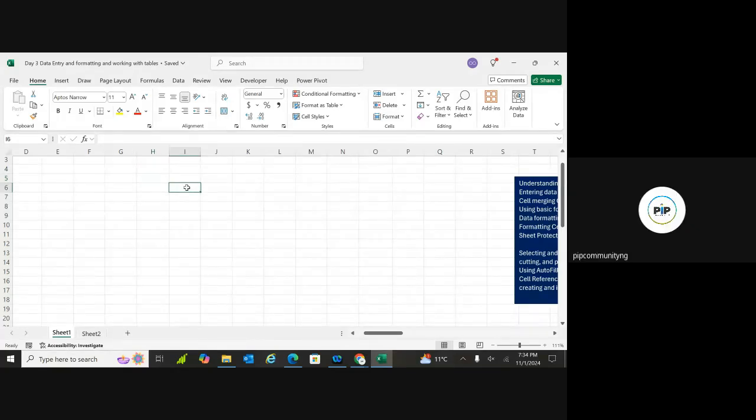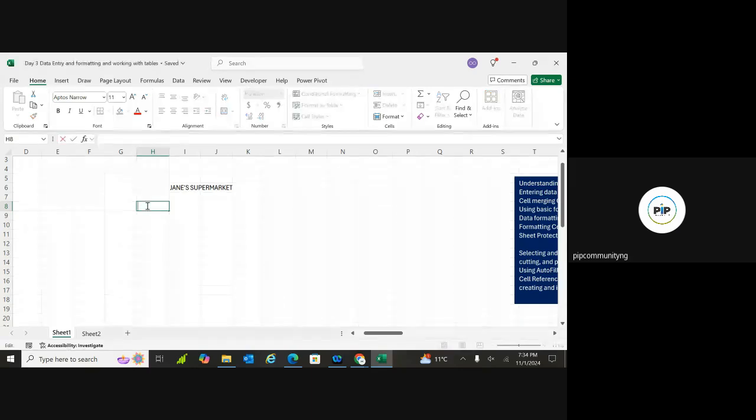Okay, so for example, I want to create like a data set for a supermarket, and we're calling it Jane's Supermarket. So let's say this is her supermarket now. Let's say she sells items here. Items. Let's say she sells beans. She sells